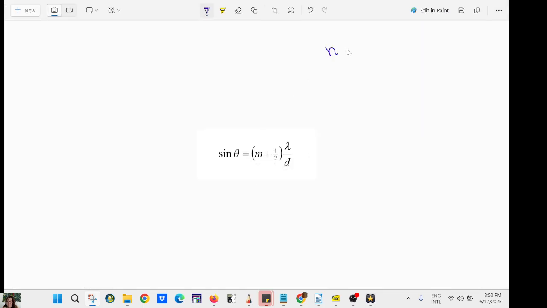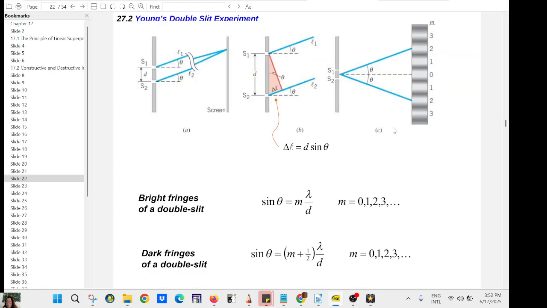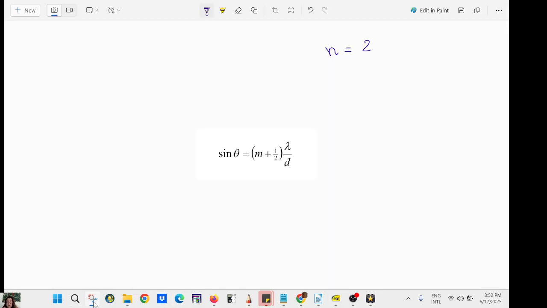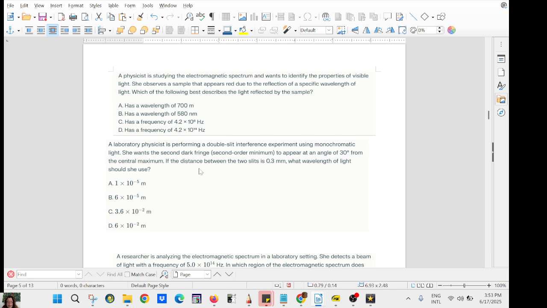Cutnell and Johnson is the book I recommend for the MCAT, and that's a slide from the book, right? So we want m equals 2. This is 1 and this is 2 here. So m equals 2. Okay, and the angle here is 30 degrees. So we have sine 30 degrees is 2 plus 1/2 lambda over, and what do they say? Lambda